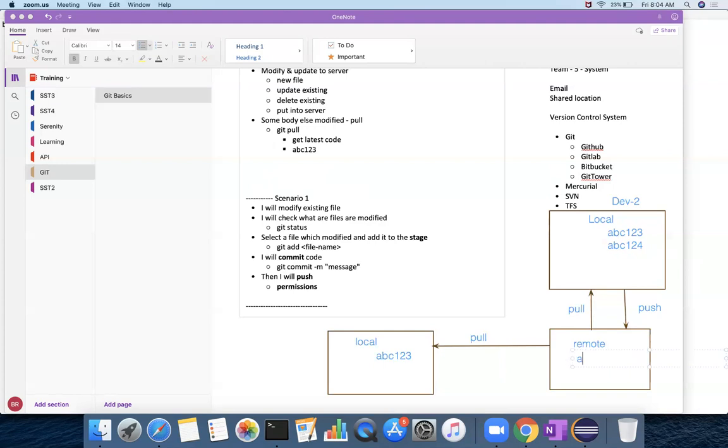This is done in between. Now you are in this state. What I want you to do is the push operation. So the operation that you want to perform is push.